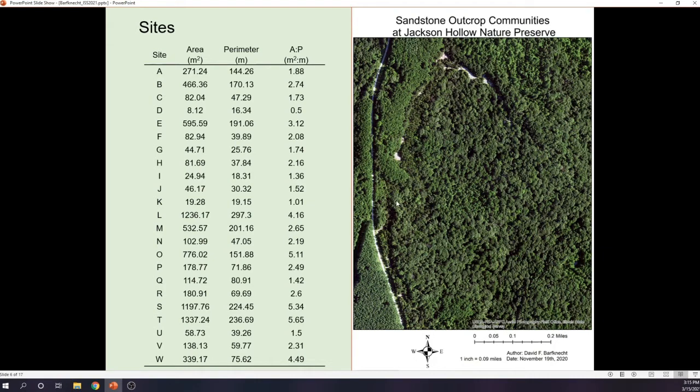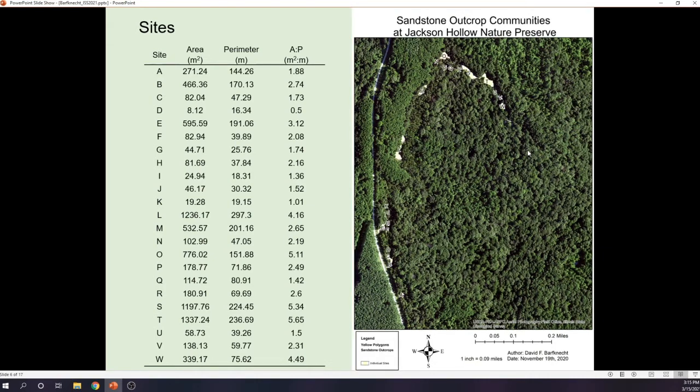And so this is kind of what happened. Again, we have this image here, and it's very easy to see all these sites, but once you use the handheld GPS as well as the drone imagery together, it's very easy to see that there were 23 separate sites at this side of the nature preserve that all varied very greatly in their area, perimeter, and their area to perimeter ratio, sometimes by a difference in magnitude of 3.